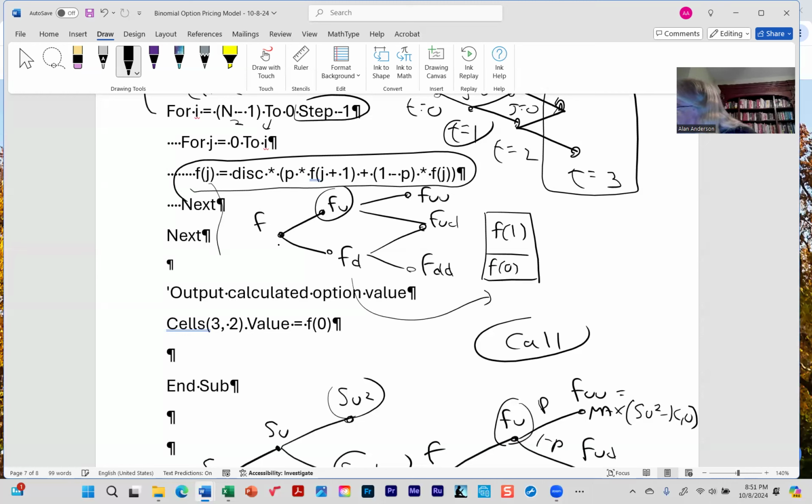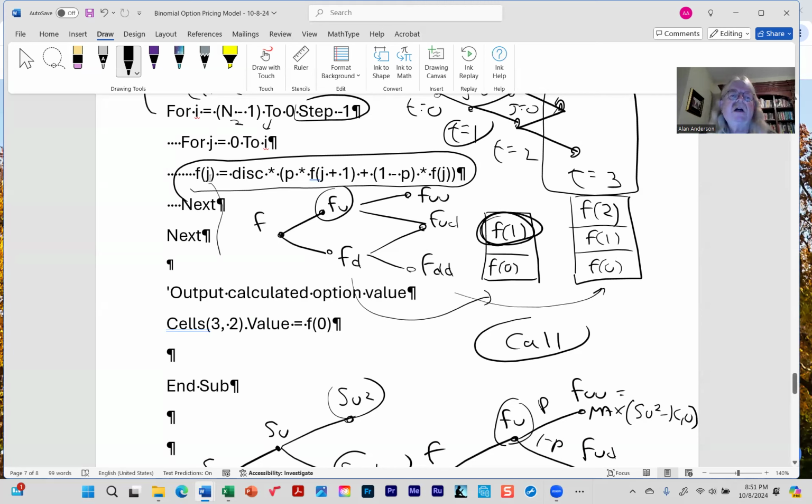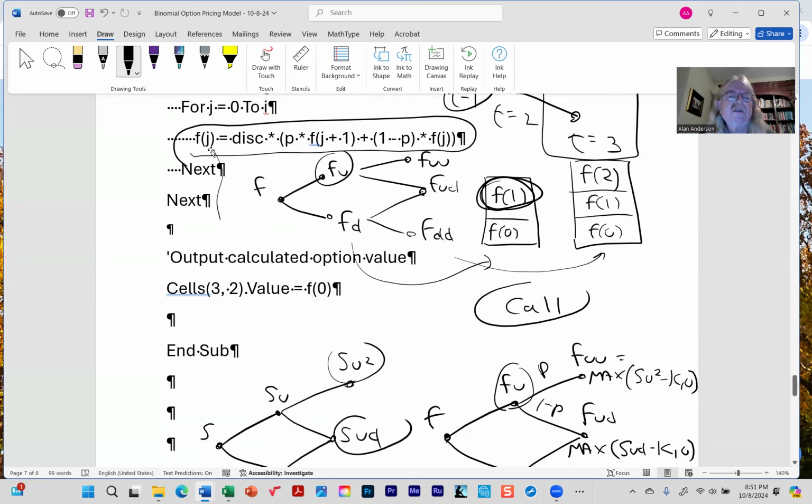Within this time step, it would be F0, 1, and 2. So if I'm interested in this one, what's actually going to happen is F of 1, let's look at this code for a second and follow through. F of 1